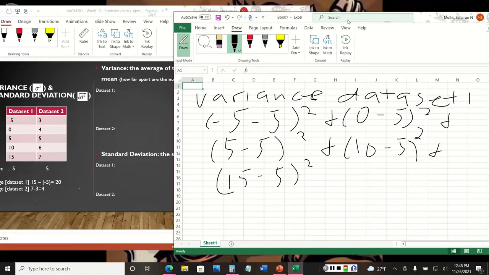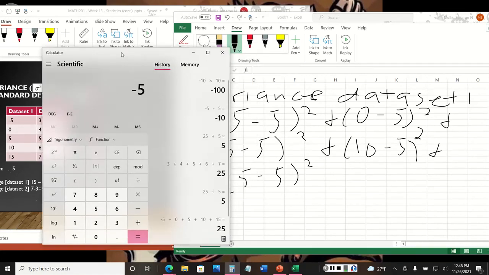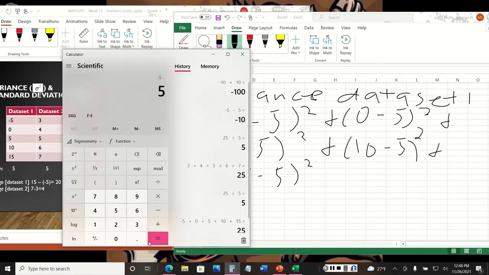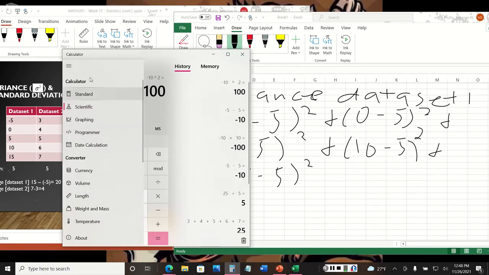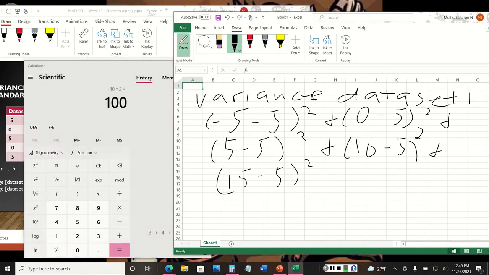All right. So again, we have the first one. We do -5, which is the first data set number here, and we subtract it by the mean, which is 5. That gives us -10. When we square that, that gives us 100. So I use the x to the y in the scientific calculator. If you're using the standard calculator, just click the little 3 lines and select scientific, and that allows you to do the exponent. All right, so we know the first number is going to be 100 plus